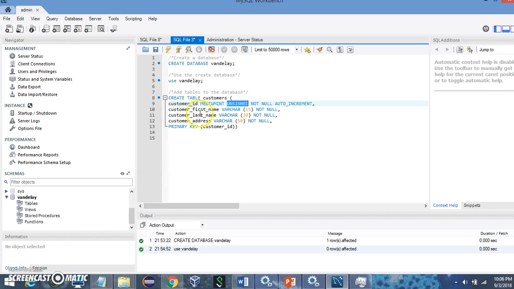So in this customer table, the primary key for the table is customer ID, and then we also add in another